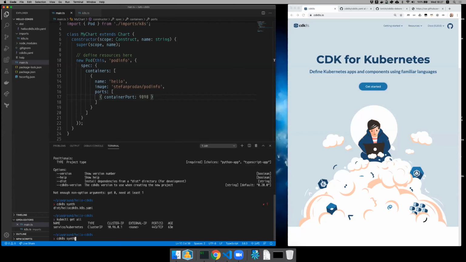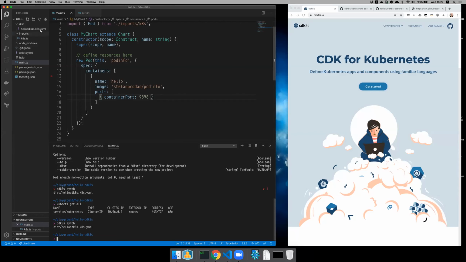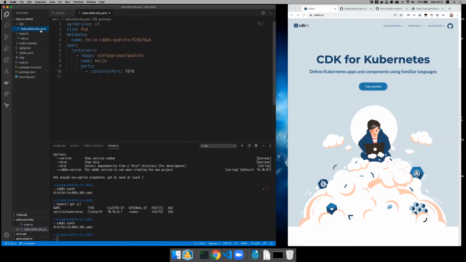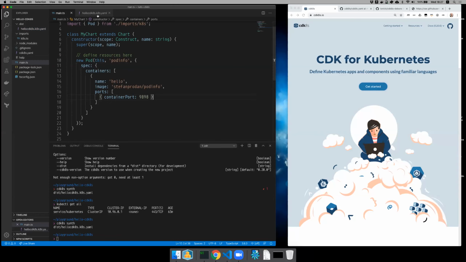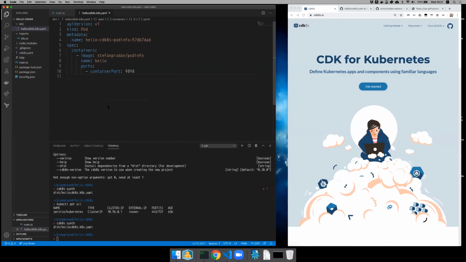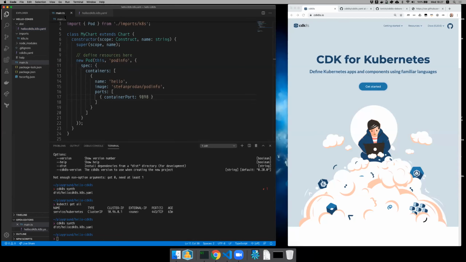Okay, let's start by synthesizing my template, my manifest. And as you can see, this manifest now contains a single container. And this is pretty straightforward Kubernetes configuration. You know, for those of you who use Kubernetes, that's probably not news, but for people who come into Kubernetes, having IDE support, having auto-completion, having all this help in their familiar programming language is what cdk8s is targeting, basically.